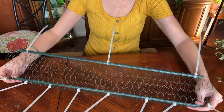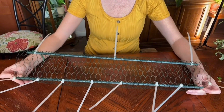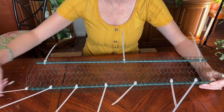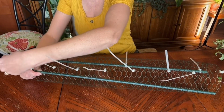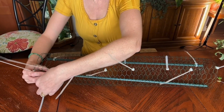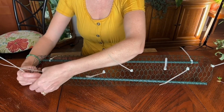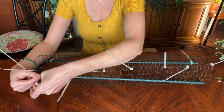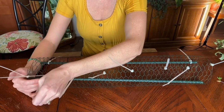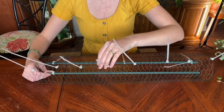Well, I do have more stakes, but they're longer. And I don't really want this plant to take over my entire life and be like 4 feet tall. So I think this is a 2-foot stake. So 2 foot tall in a 7-inch pot is manageable. And then once it reaches the top, I can just keep trimming it because that's going to be its limit, I think. I might have to up pot it once it's all rooted in well, but